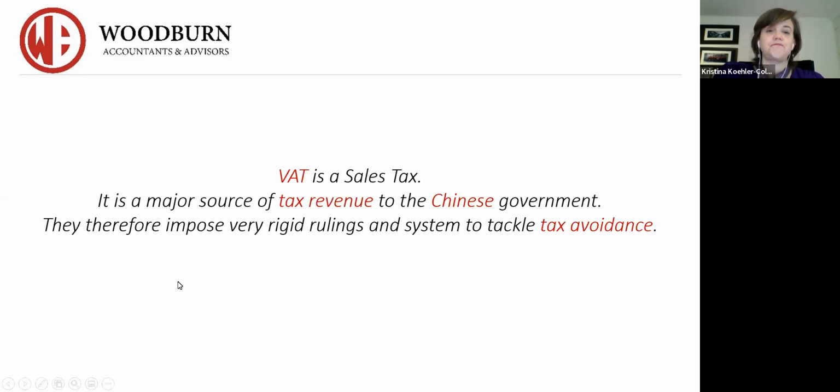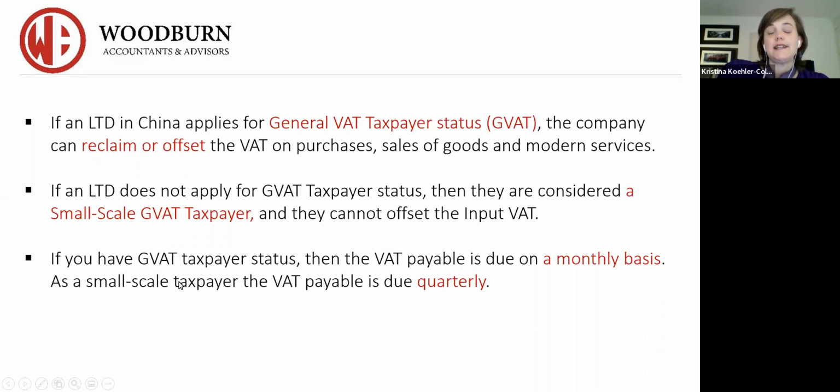Now, in China, there are 2 different statuses as a company. When you register your company in China, you are going to receive a TIN number, which is basically your identification of your company in China. This TIN number is written on your business license, but it is also registered with the tax bureau.